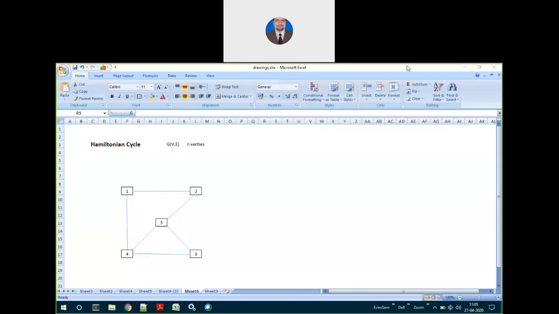Solve the problems using backtracking. Backtracking is where it makes use of the depth first search technique. Basically the problem will have a graph involved, and we will start from one of the vertices in the graph, and then we'll try to do the depth first search in order to solve the